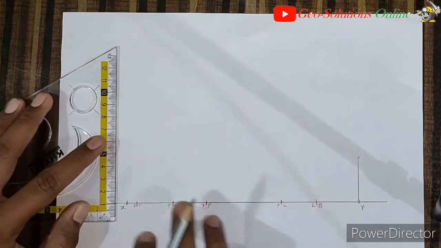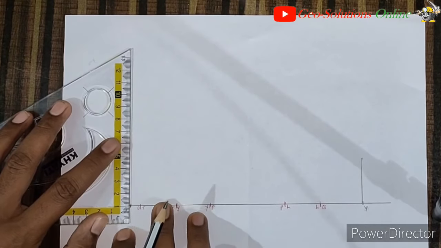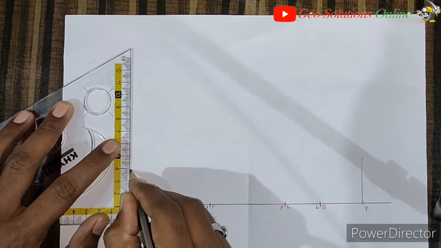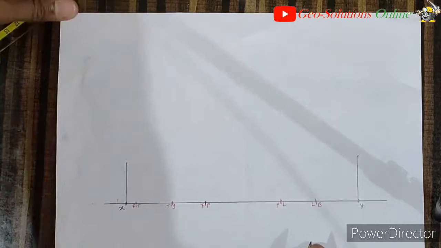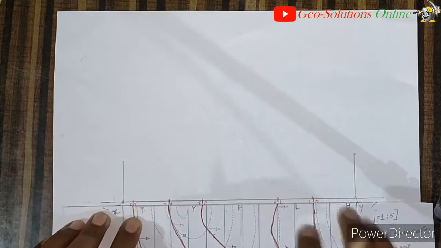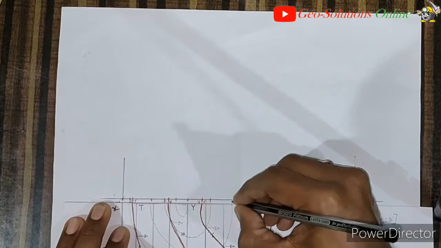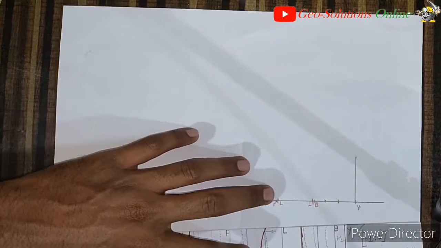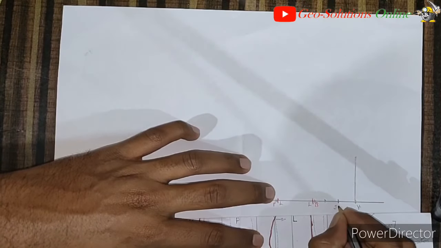centimeter, because the nearest contour is of 350 meter, and our scale is 1 centimeter equals 100 meter, so that's why 3.5 centimeter. And towards the X axis the nearest contour is of 320. So now we are going to plot or mark all the contour lines as well as their values. Okay, all contour line points are marked, so we will label them with their values.